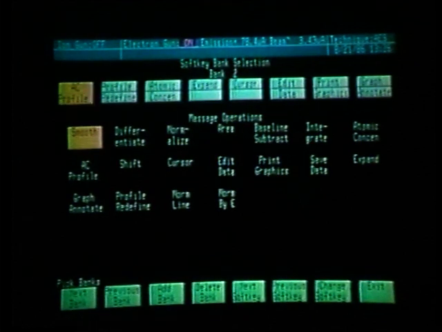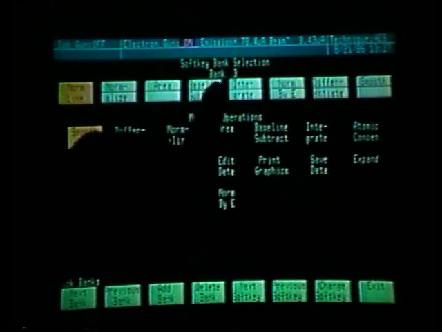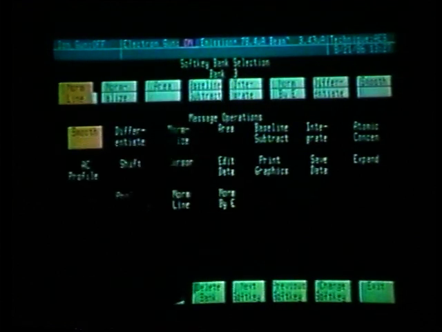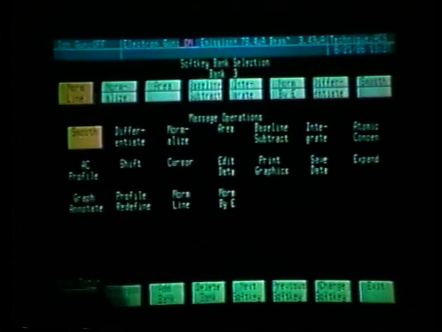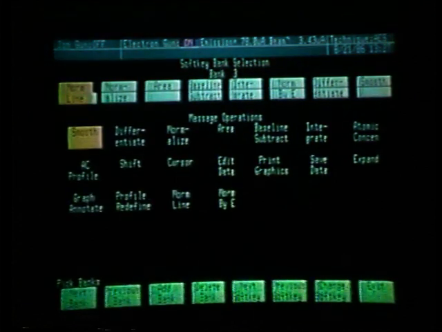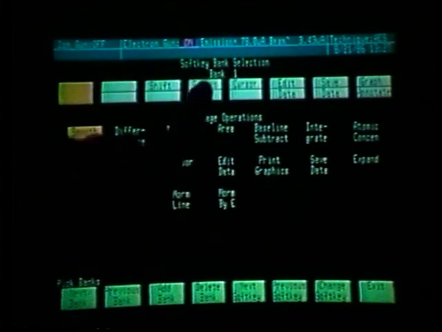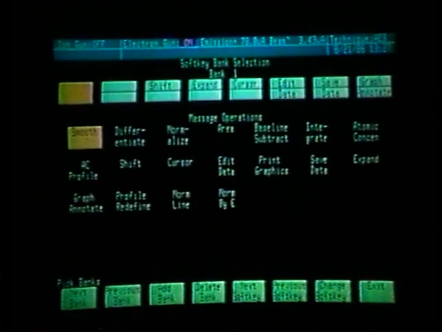Going to the next bank, pressing soft key number 1 takes us to bank number 3 and all of the functions which we can perform using that bank. Pressing next bank one more time takes us back to bank number 1, telling me that we have 3 banks presently set up. What we would like to do is add a bank by pressing soft key number 3,